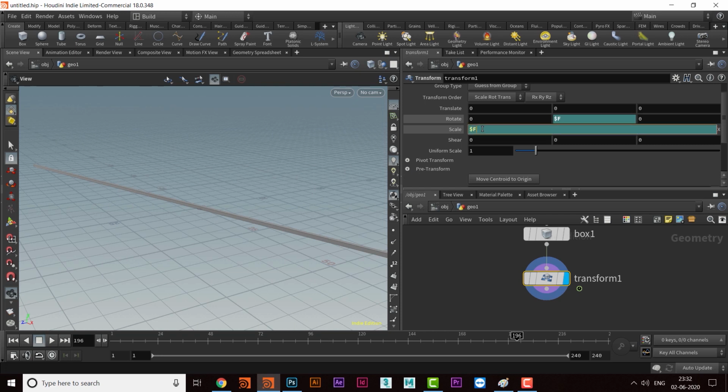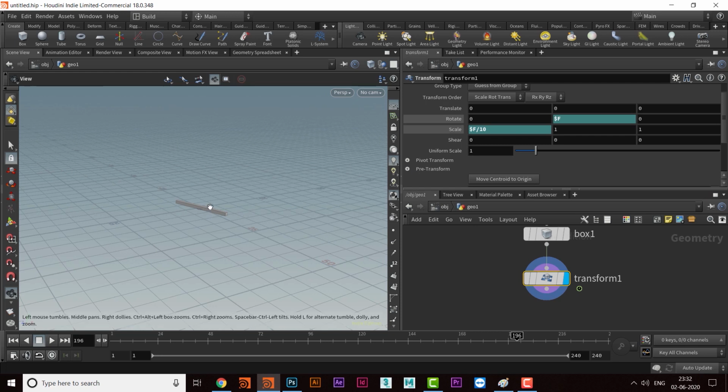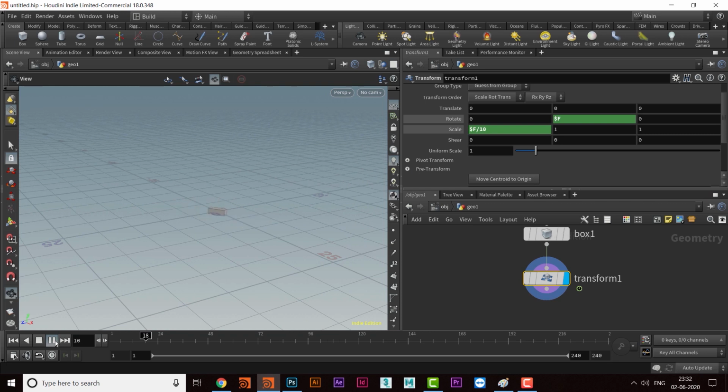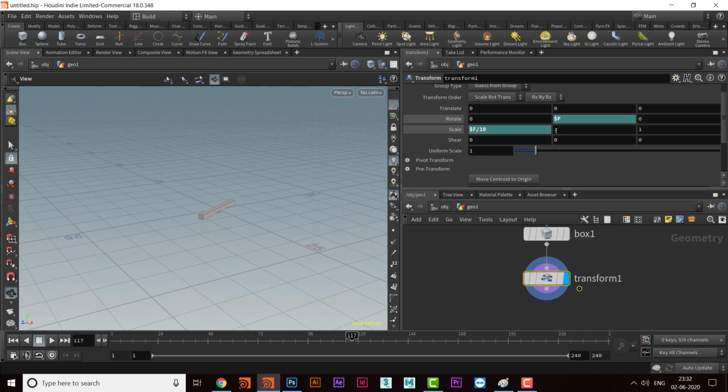So I will divide that dollar f by 10, so the value of scaling will be reduced by 10. Just play it. That is a nice animation. If we did that animation by hand, it would take a long time, and it might not be as accurate as it is now. I think now you have understood dollar f.